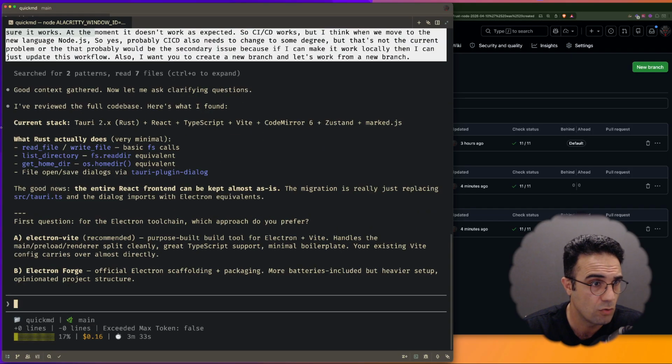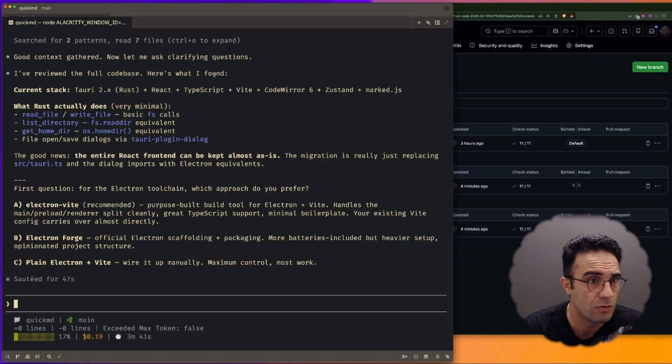Okay, good context gathered. Now let me ask clarifying questions. I've reviewed the full code base. Here's what I found. Current stack: Tauri 2, which is Rust, React, TypeScript, Vite, CodeMirror 6, Zustand and Mark.js. What does Rust actually do? Very minimal. Read and write files, list a directory, get home dir, file open and save. So the good news is the entire React frontend can be kept almost as is. The migration is really just replacing the Tauri calls, and I'm not sure if it's actually correct or not, but